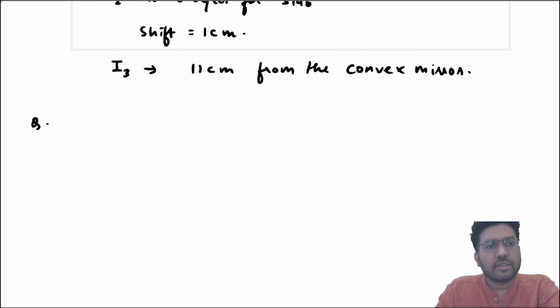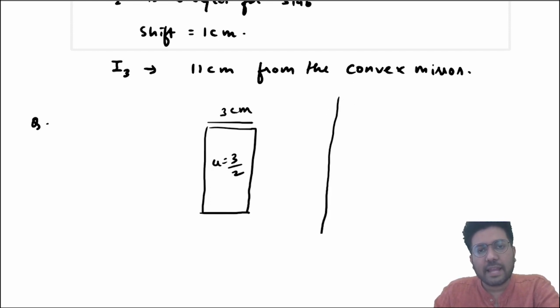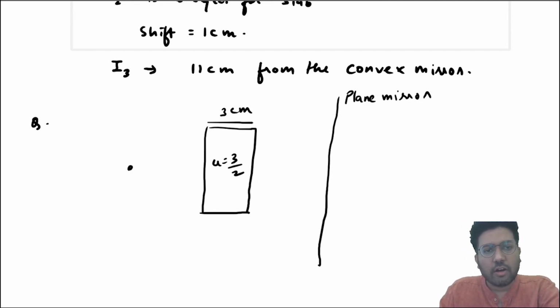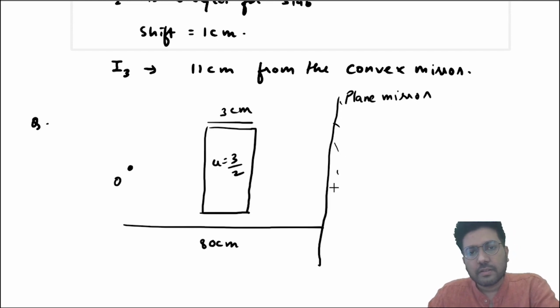Okay, now the same question I can ask you like this also. See this question, suppose you have a slab. Okay, for simplicity purpose I am taking the same data again. Mu is equal to 3 by 2 and thickness is 3 centimeter, and this time you have a plane mirror here. So this is a plane mirror here, and this is the object, and this distance is given to you as suppose 80 centimeter, then find final image.